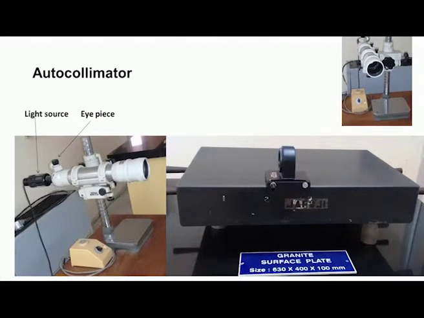And you can see this is the surface plate whose straightness is to be tested. We have the stand with the reflector surface. Here there is a reflecting mirror. So, light will fall on the mirror reflecting surface, and then it gets reflected back.